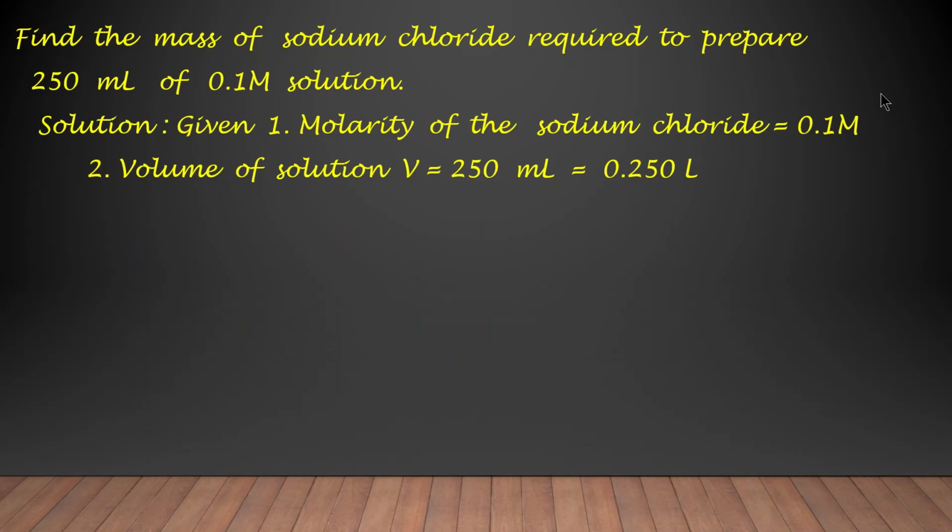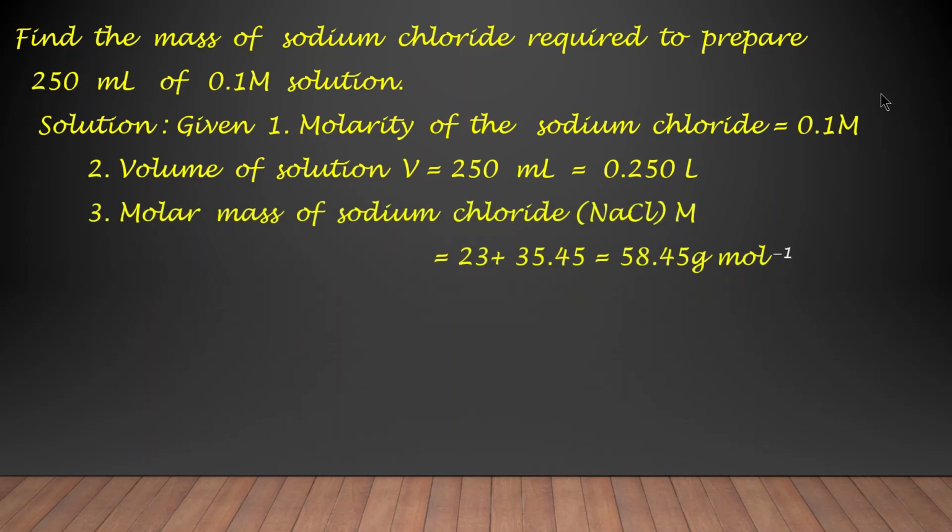So 250 ml divided by 1000 will give 0.250 liter, and then we have to find the molar mass of sodium chloride, that is NaCl. So that will be equal to 23 plus 35.45, that is equal to 58.45 gram per mole. So here 23 gram is the gram atomic mass of sodium and 35.45 gram is the gram atomic mass of chlorine. If we add these two, you will get 58.45 gram per mole, that is the molar mass of